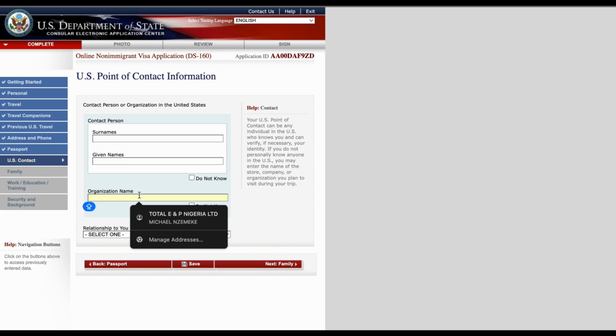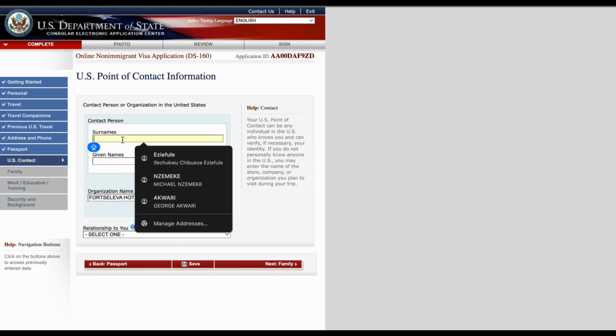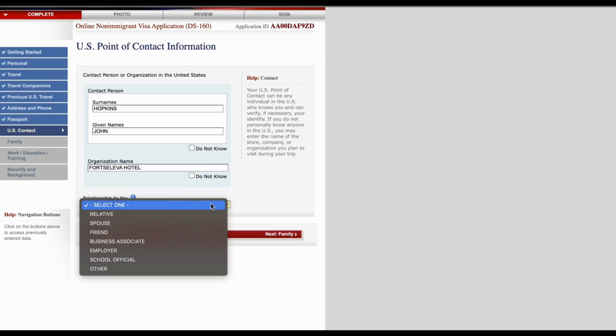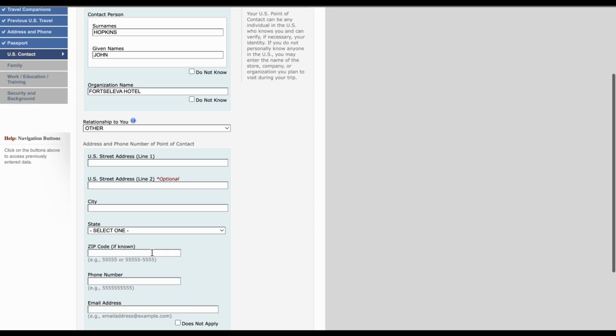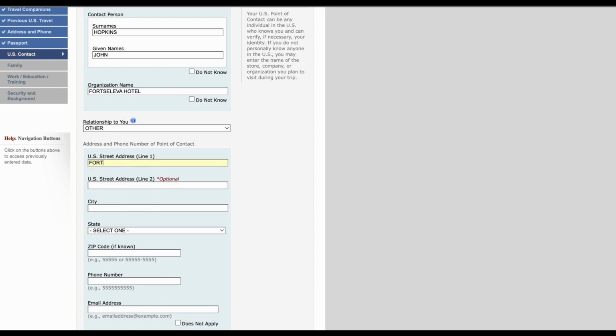So you can put the hotel contact here as Forza Leva Hotel, and put a contact person at the hotel. Let's say John Hopkins. Okay, let's have it as Hopkins John as our contact in the US. Relationship to you, just others, because he's the hotel rep. So now you're going to be asked to provide the address and information of the hotel. So you just replicate the same information about the hotel we had earlier. Forza Leva Hotel,